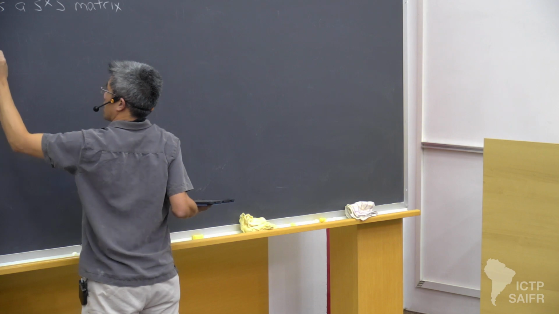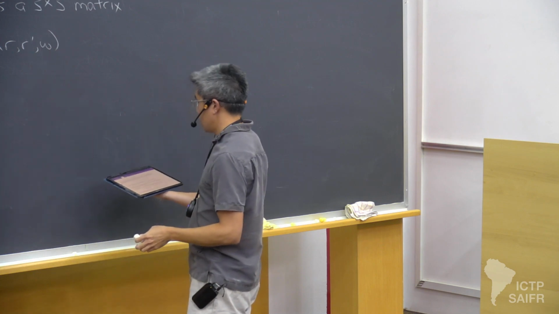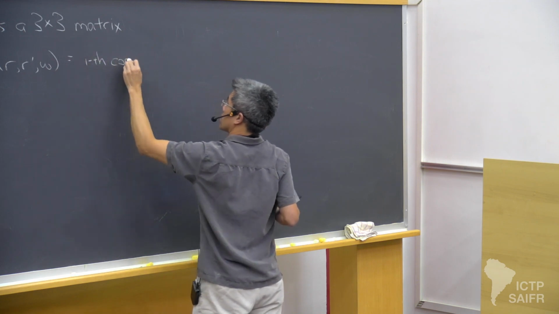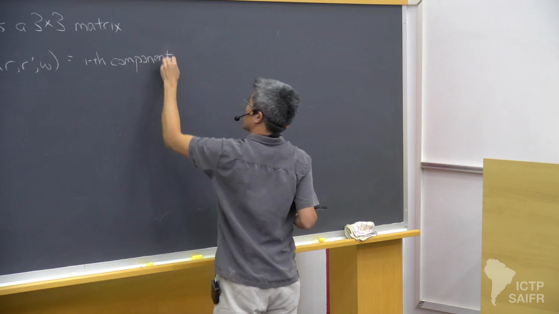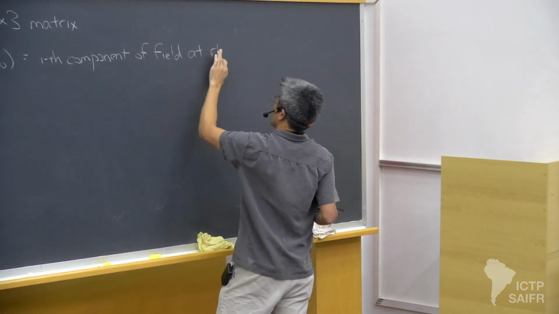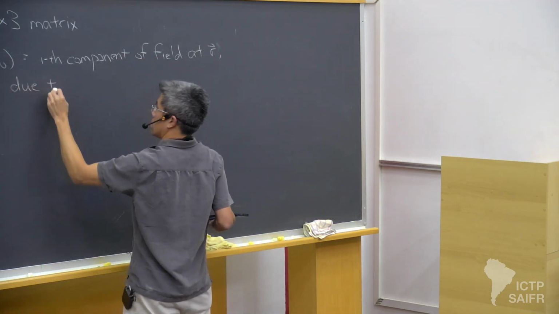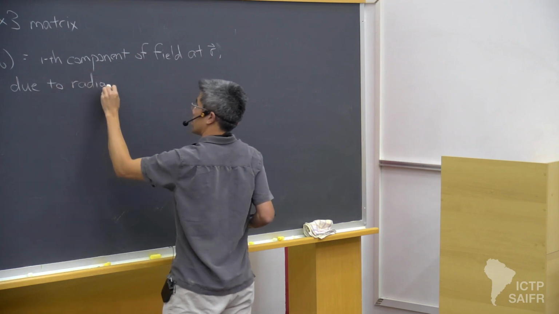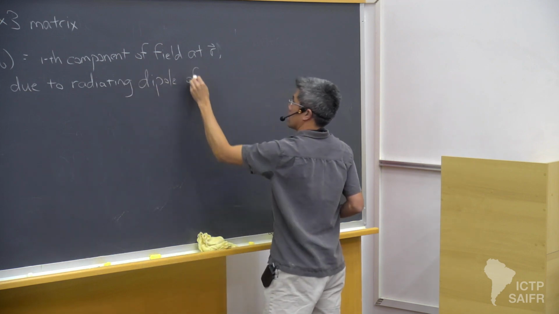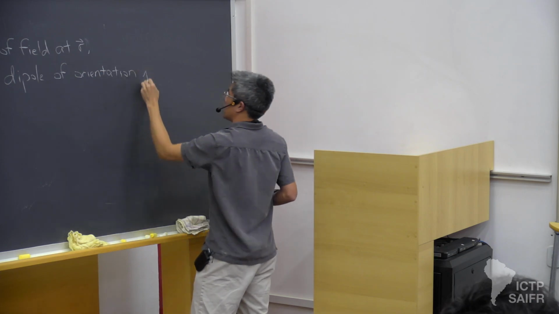Particularly, if I write G_ij of R, R prime, omega, the way to physically interpret this is it's the ith component of a field at position R, due to a radiating dipole of orientation j